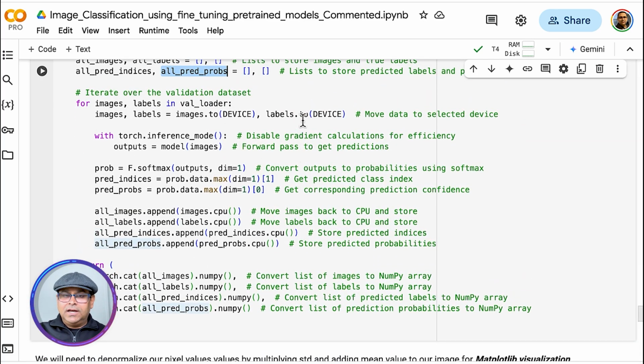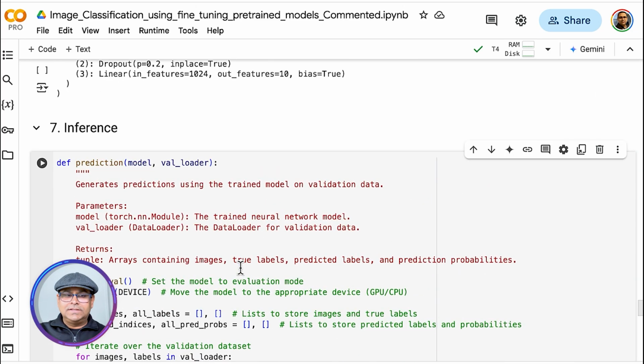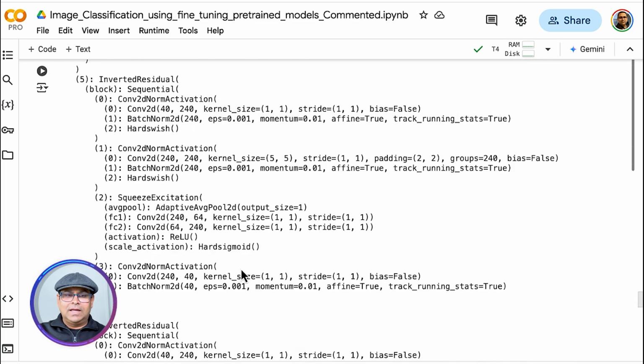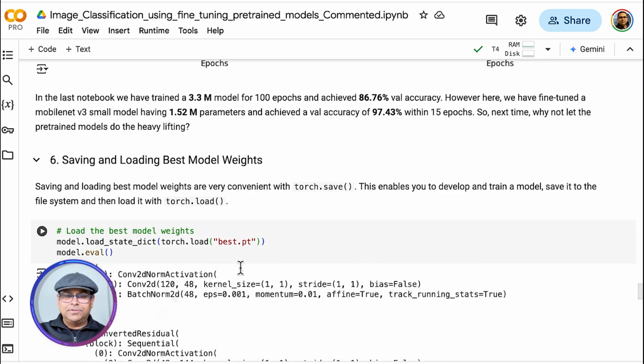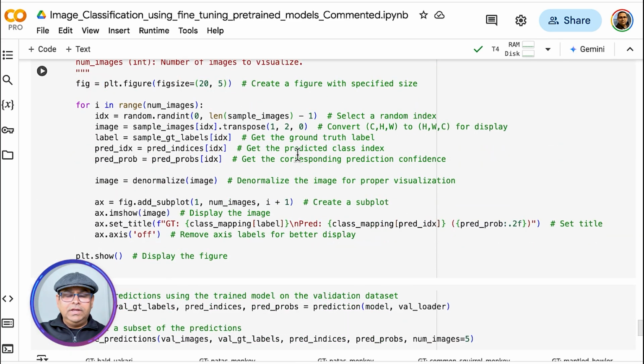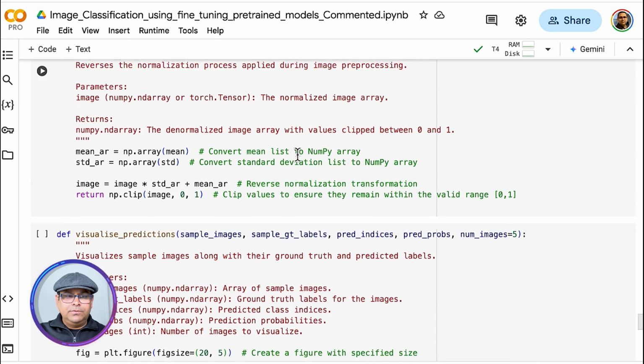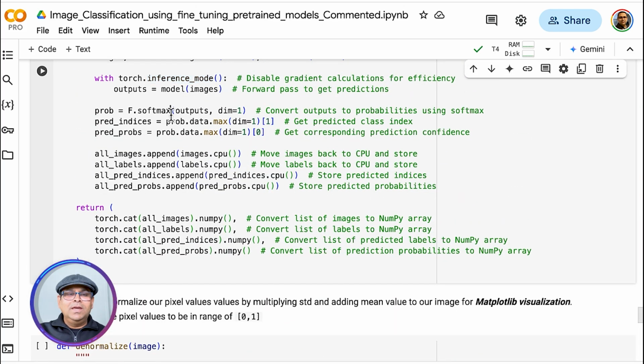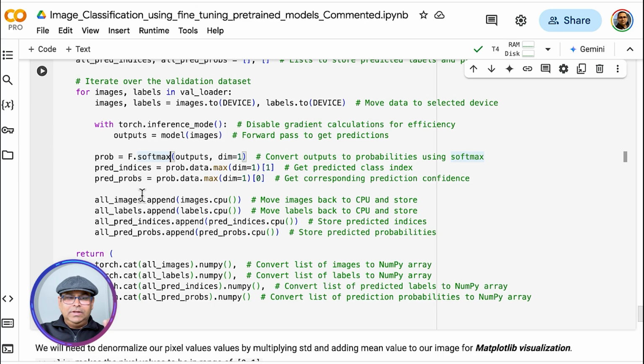And we load the image from the validation loader, right? And then we give the output. We get the output by doing a forward pass. And before we do that, we have to set the inference. We have to disable gradient, and you can call it inference mode, or also there is another way to do it, as we have seen before, no grad is also an option. So now we are ready to, where is the code? Okay, here. And then, we get the probability